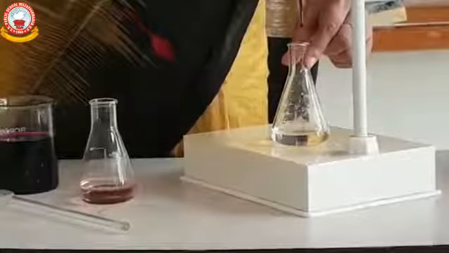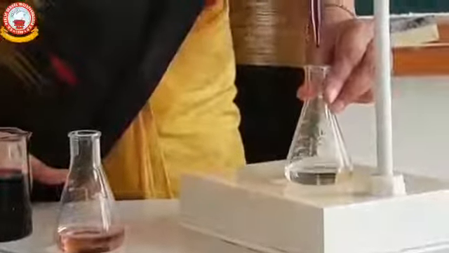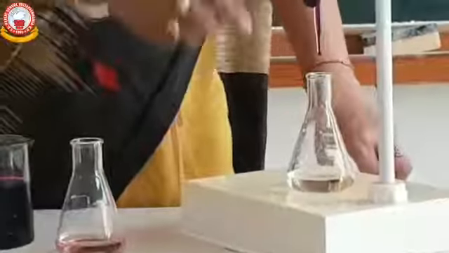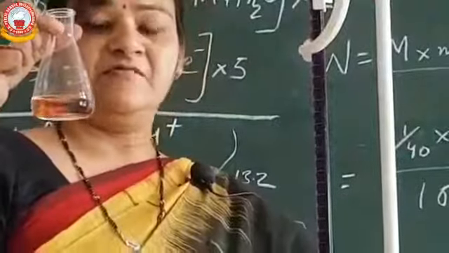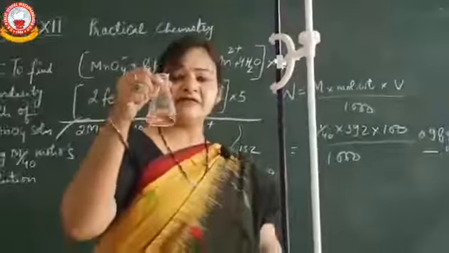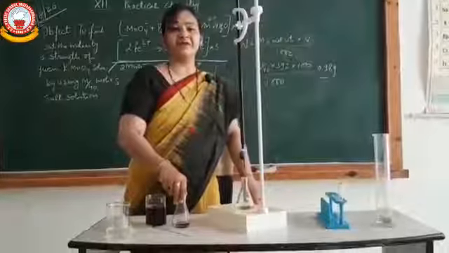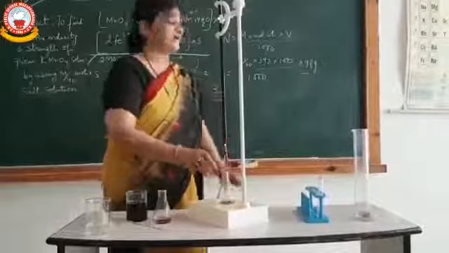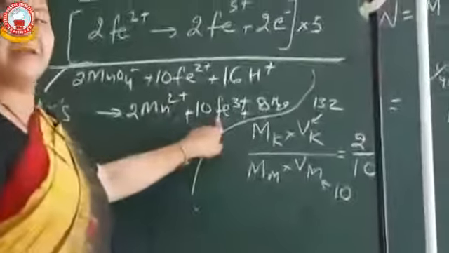You will keep on adding this KMnO4 solution. You will see that pink color comes and then it disappears. You will continue addition of KMnO4 from the burette until you obtain a light pink color which will show the end point. This color will show the end point. It indicates that the redox reaction has been completed. All of the ferrous ions present in the Mohr salt have been oxidized to ferric ions.